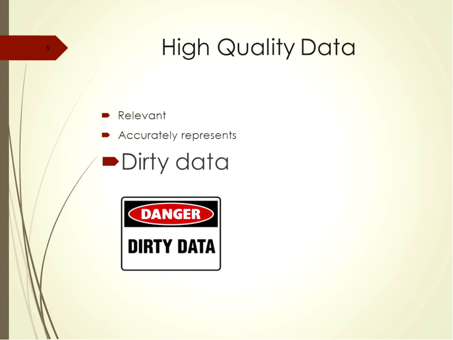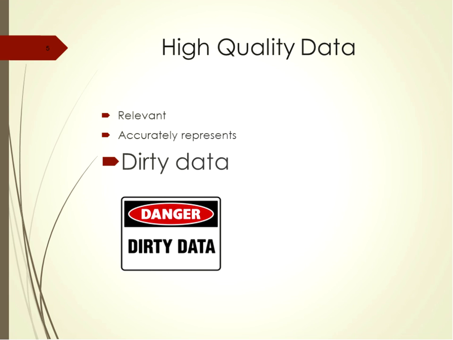High-quality data is data that are relevant and accurately represent their corresponding concepts. Data are dirty when there are errors in the database, such as duplicate, incomplete, or outdated records. One author found 50 cases of tongue cancer in the database she examined for data quality. When the records were tracked down and analyzed and the dirty data removed, such as duplicates, only one case of tongue cancer remained. In this case, the data for the same person was entered incorrectly 49 times.